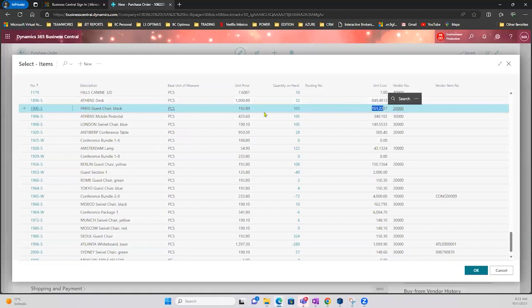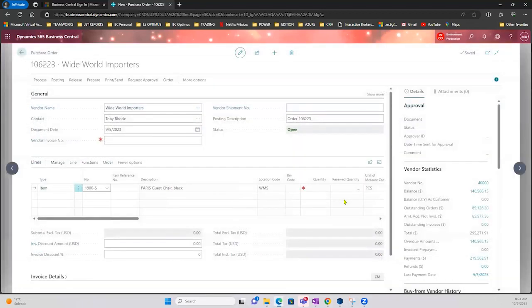Okay, in this case, let's just take this Paris chair, 151 unit cost. Very good. Okay, so in this case, we get the Paris guest chair. Let me change my warehouse. And here, why not purchase an easy amount, 10 only, all right? So here we are going to see the total,